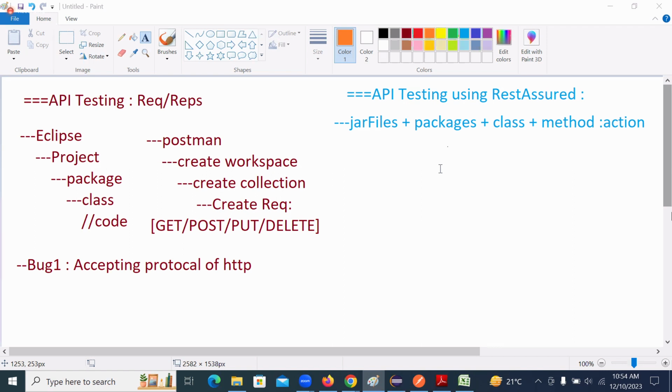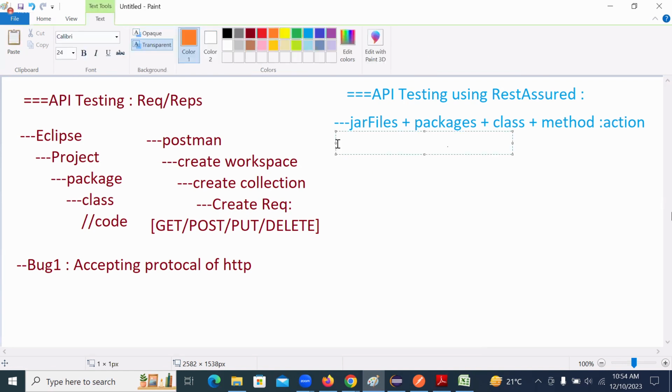First, local variables, instance variables, and static variables or class variables. Now, see the concept here. We already know the concept of data types and variables. The use of that is